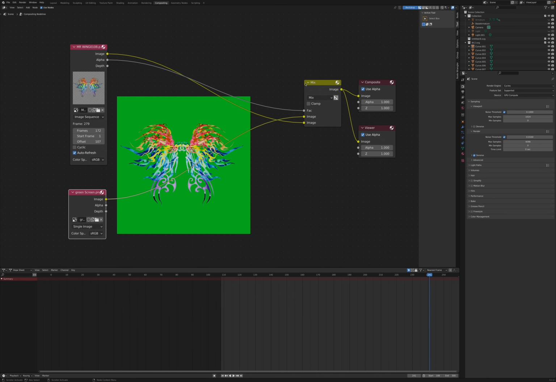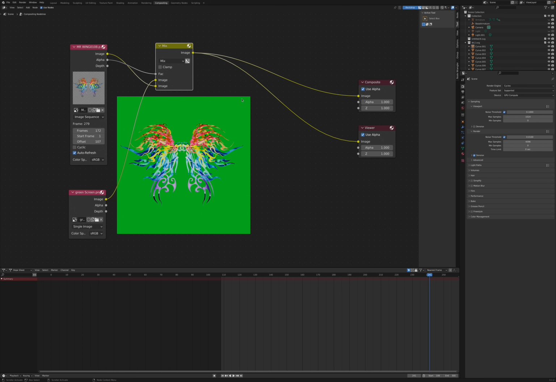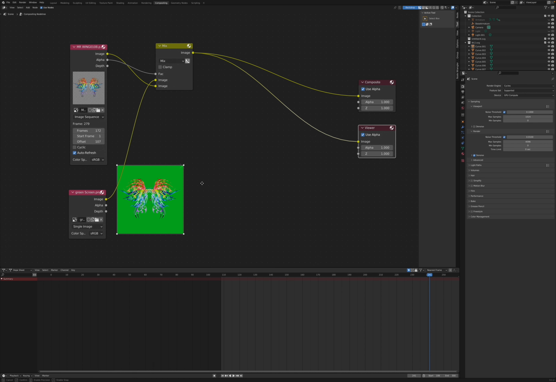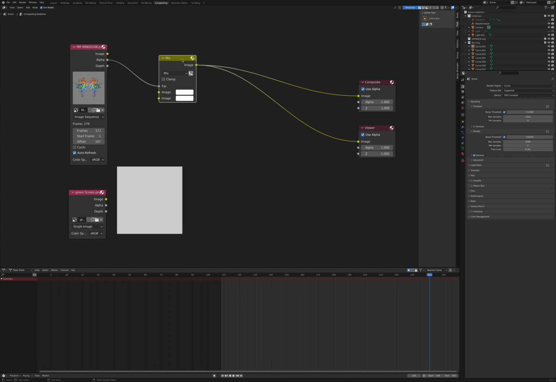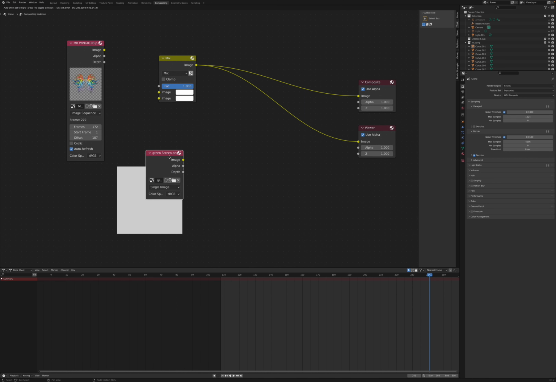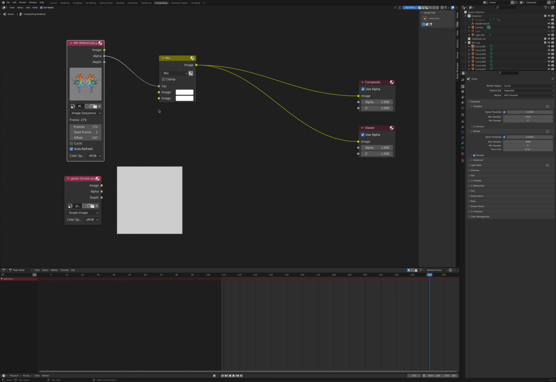And now you will need to create another node called a mix node. I'm gonna move this slightly out of the way, and you'll create another mix node. So click search and search mix node. You have the mix node here. So once you created your mix node, you will need to connect all the dots, right? So what I would do, in order to put the green screen behind my Phoenix wings, is put alpha on the fact, alpha on the fact, and image here,